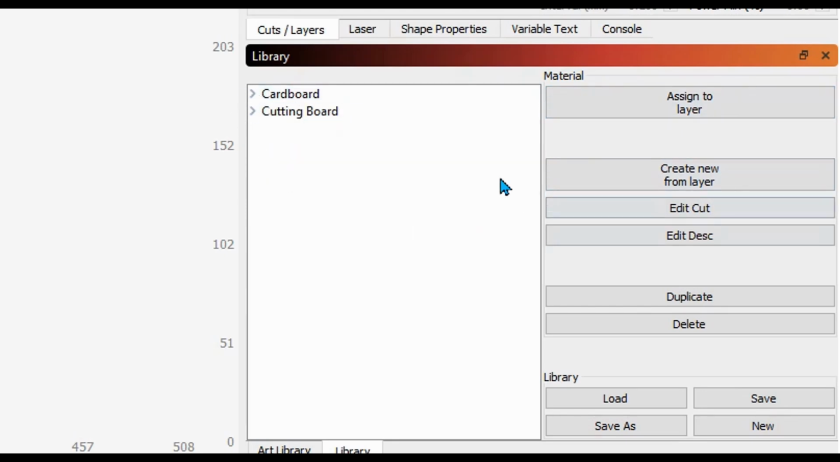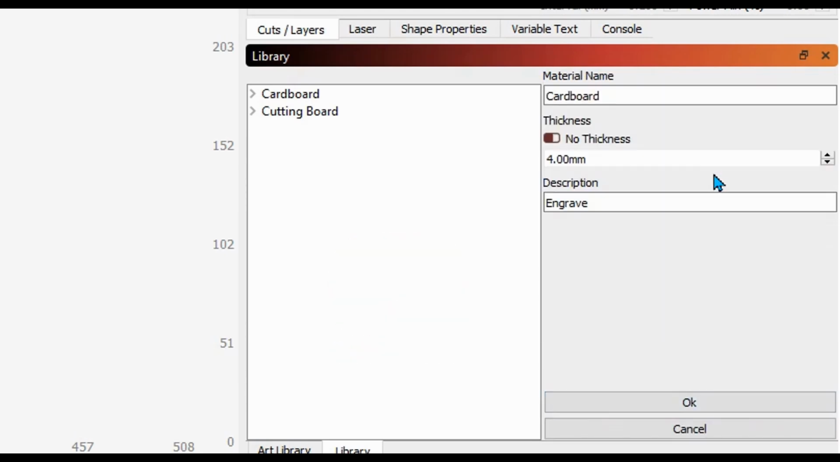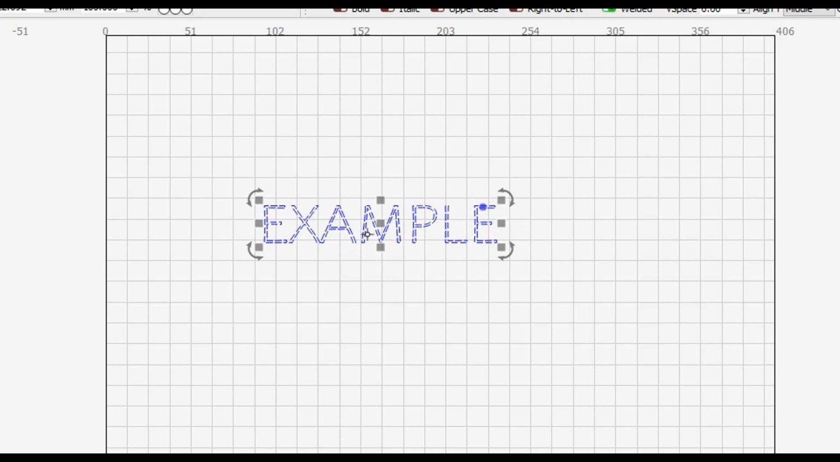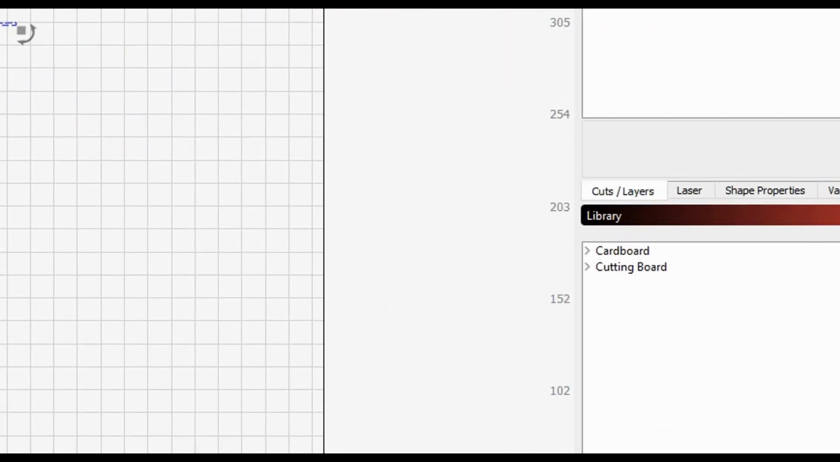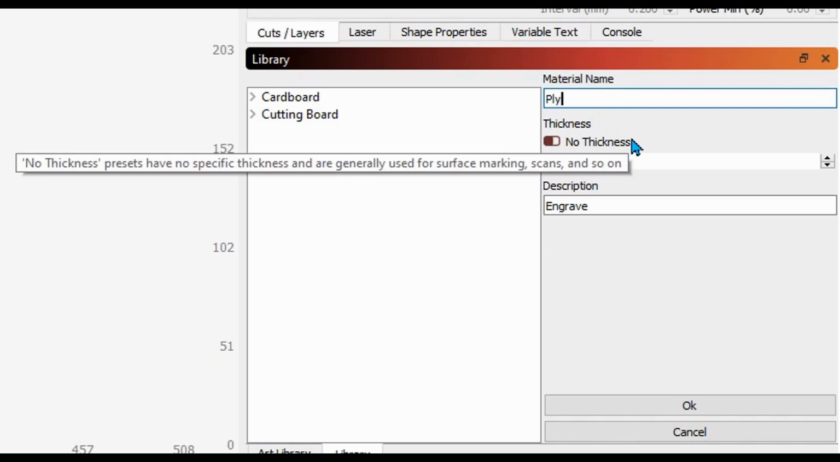And just for fun, let's do one more so we can do this 3 times in a row. And you might want to have your software open, and you can probably just listen while I do this. So I'm going to do create new from layer. Remember, you always have to have something highlighted to start in order to create a new one. We're going to call this one plywood,